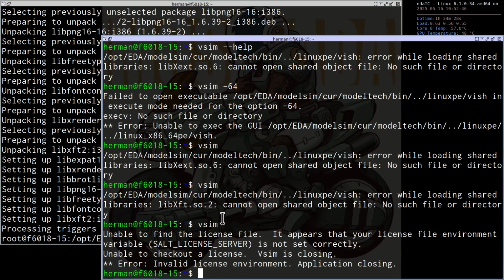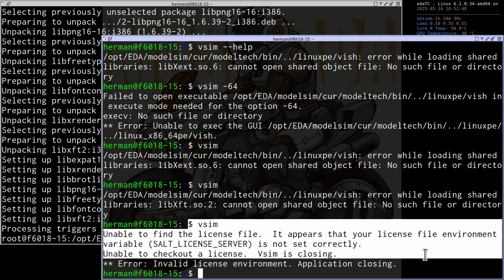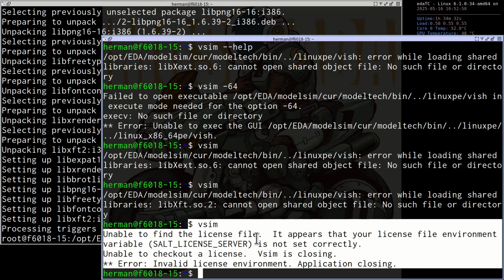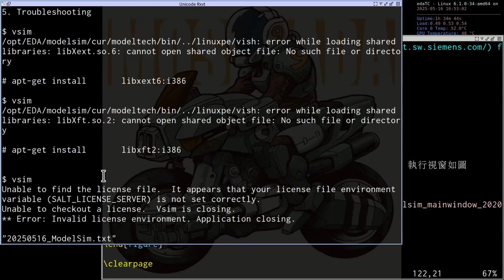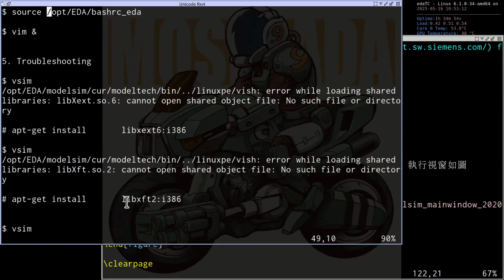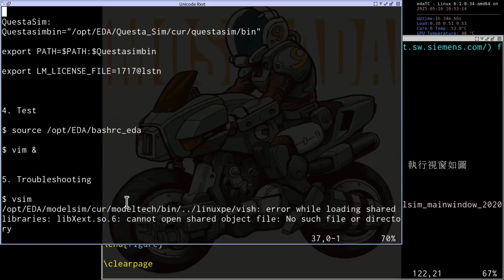Okay, now here comes another error message, that is license setting not correct. So we need to solve this. This time it complains that the salt license server is not configured, because I think this is a new configuration parameter.